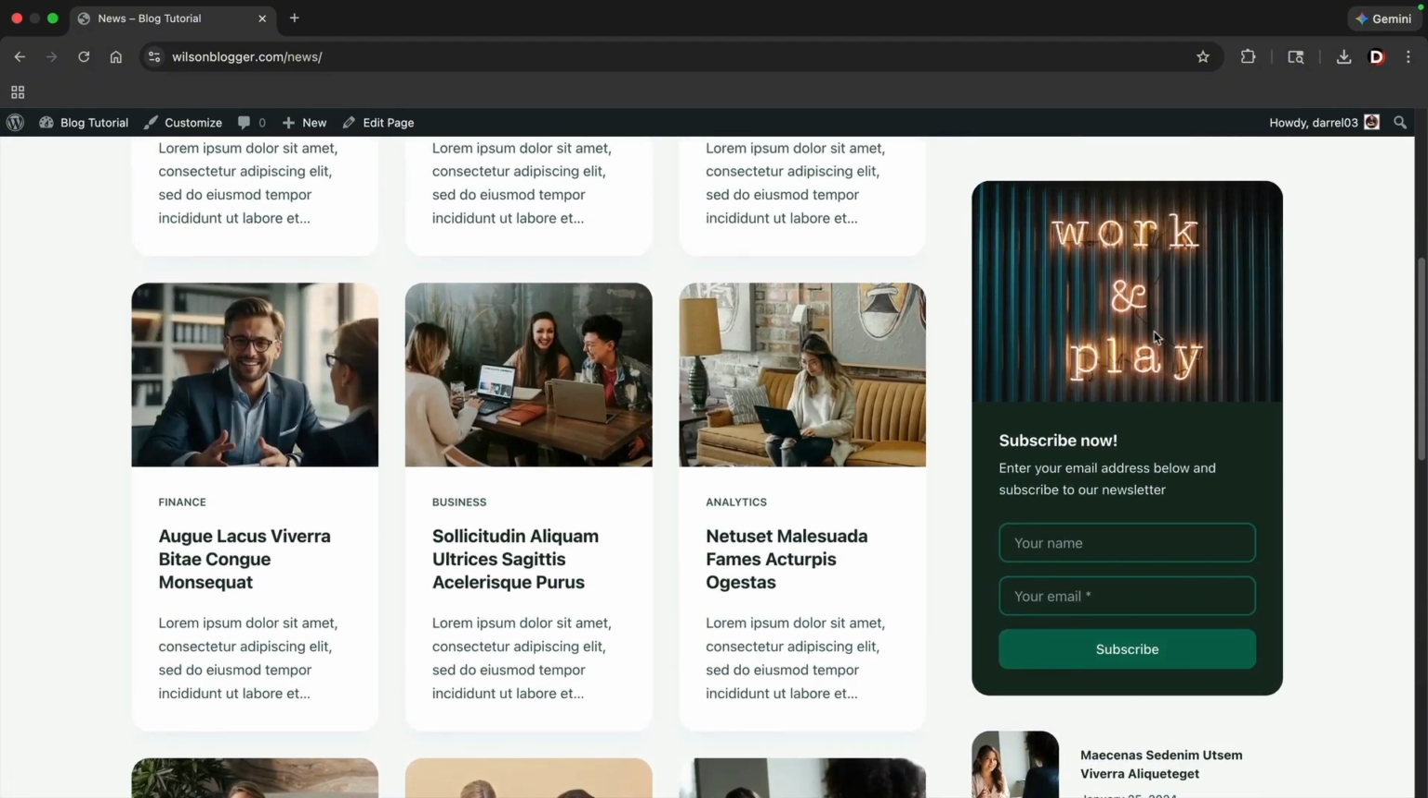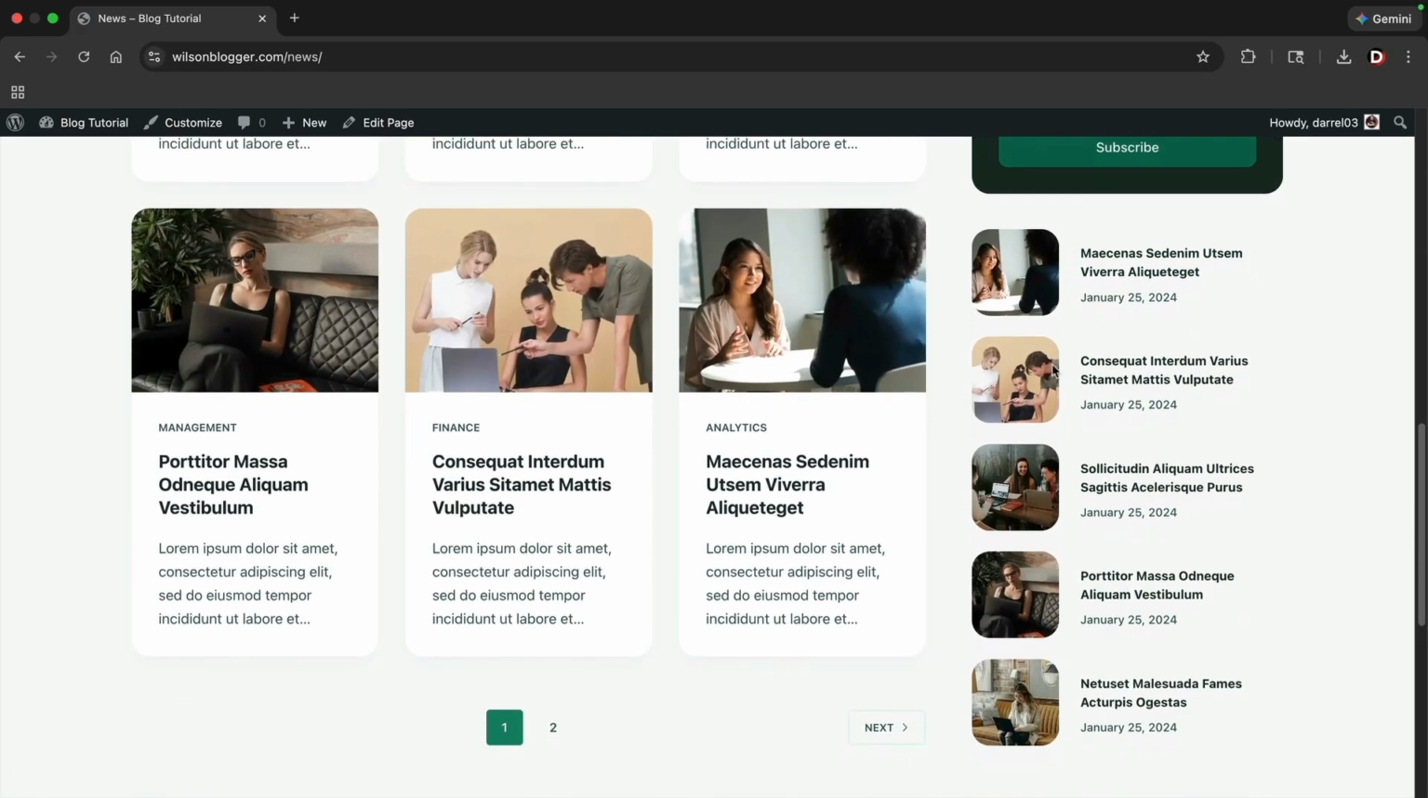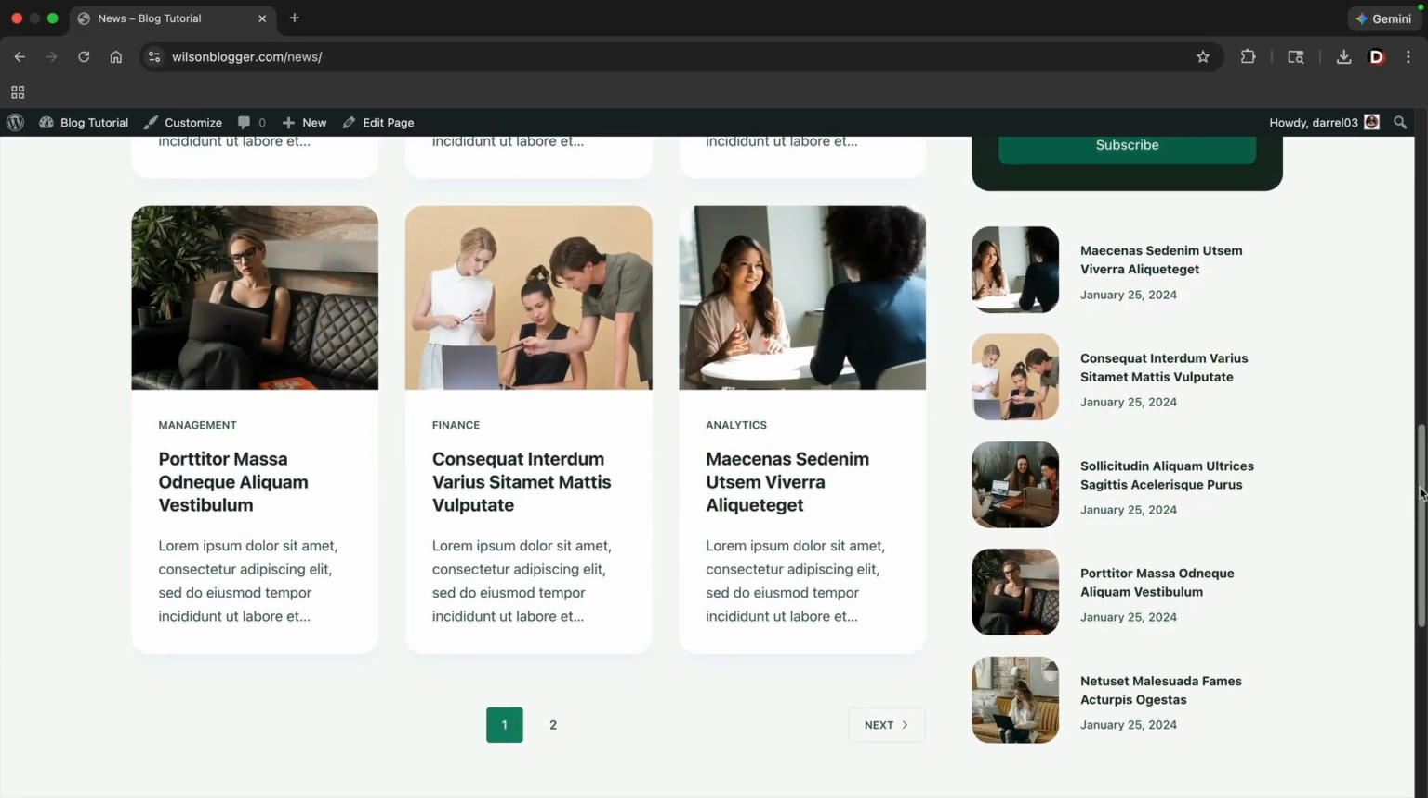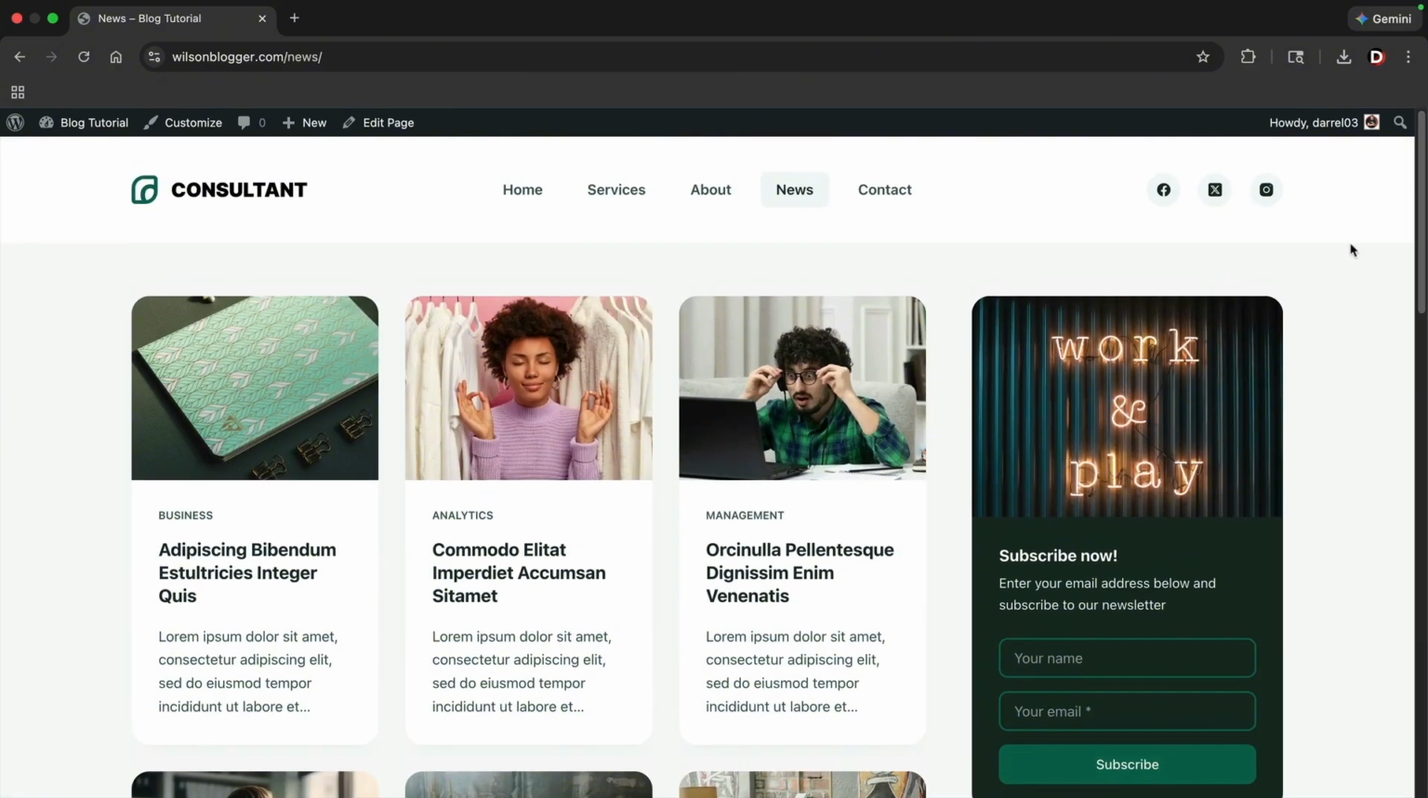On the right side, we have this little subscription box, and then we have featured articles here on the right side. So all the blog posts that you create will be automatically populated in the news section of your website. I'll show you how to adjust it a little bit later, but let's go back to the home page. So now that we have this beautiful template on our website,